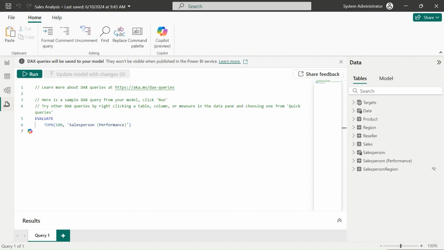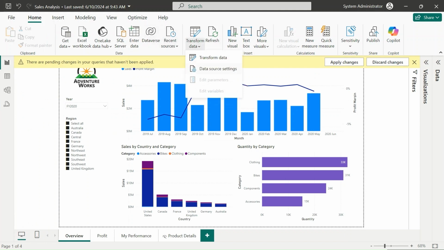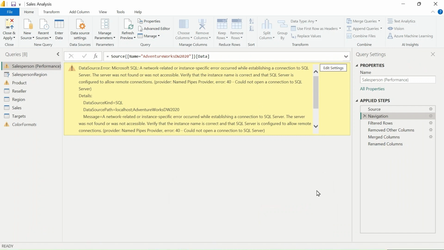So I'm going to go back to the DAX tab here, but this view we'll come back to in a bit and we'll play around with DAX. And I'm going to go back to the report view right now. And one of the options that I can select is off the transform data section here, to transform data. And I'm going to choose it. It's going to take a moment, and it will bring up Power Query Editor. And it's here